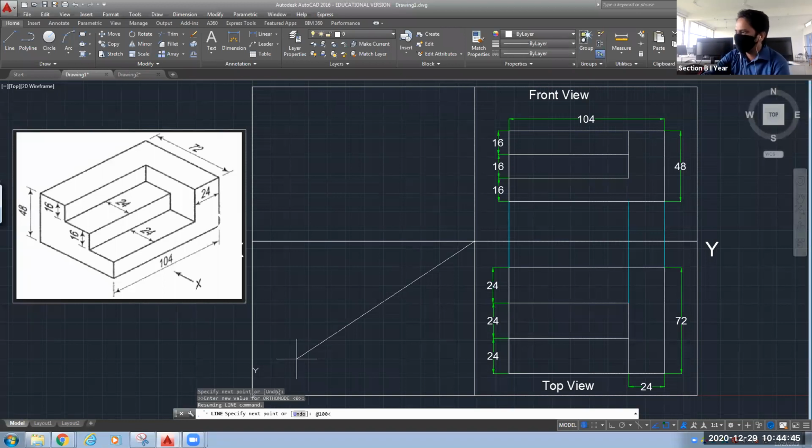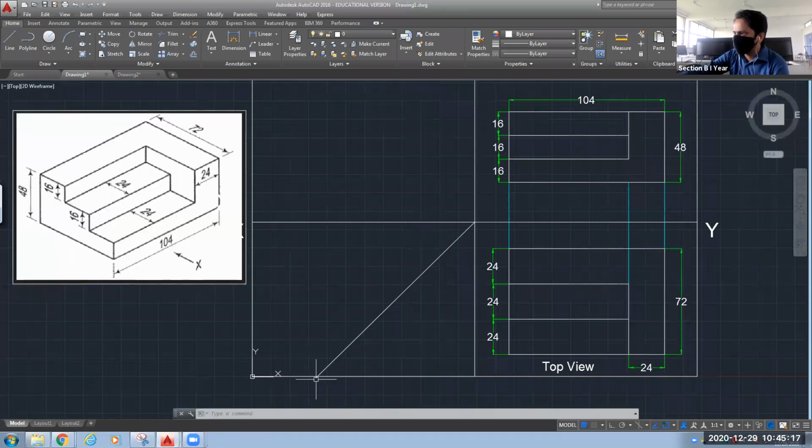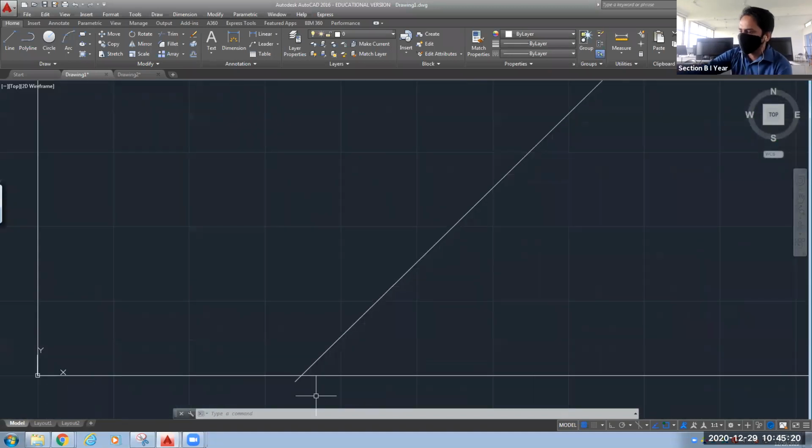Angle 100 I have taken. Let me make this as 150. 150 is the length and angle is 90 plus 90, 180 plus 45. So 225. Let's see whether we are able to draw that or not. Yeah, correct. So this is the line. This is our 90-degree. I want to draw the bisection line. Bisection line means dividing this angle into two equal halves. Okay. So here you can see it is crossing this part. So you can trim this or you can shorten this. So I will trim this.